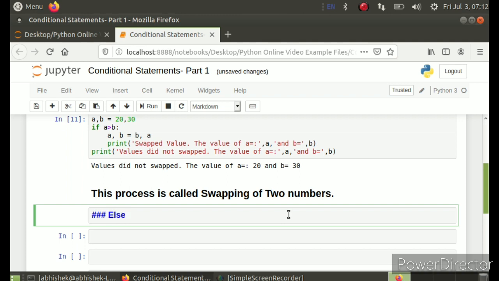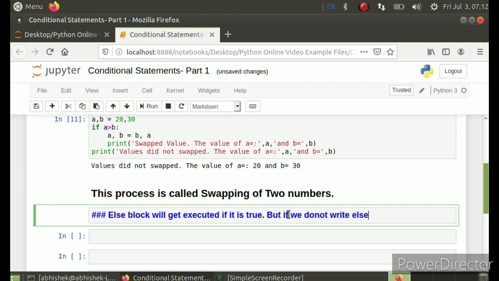So I can write that the else block gets executed when the if is not true.